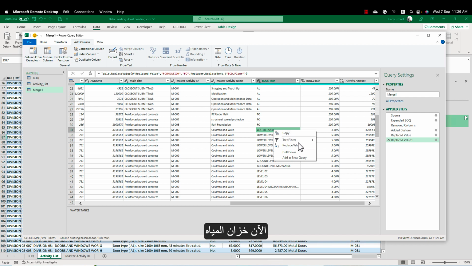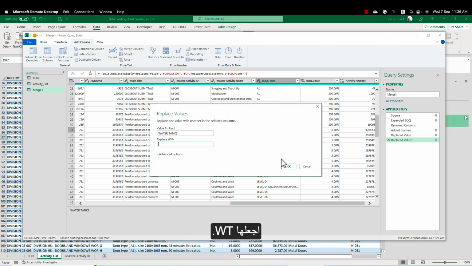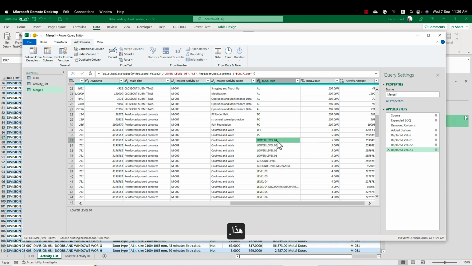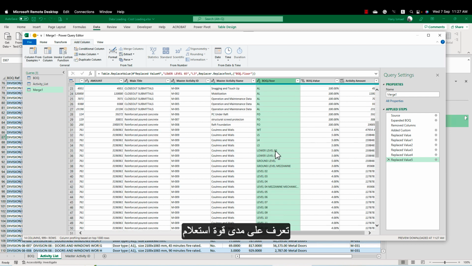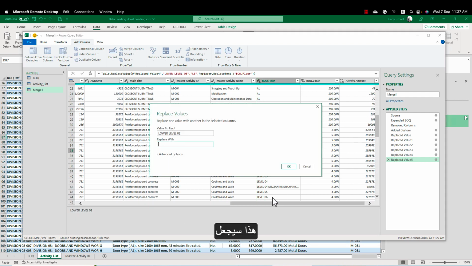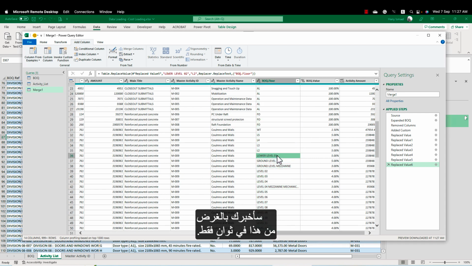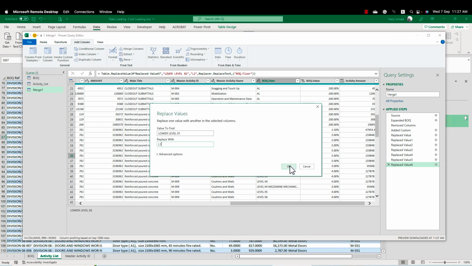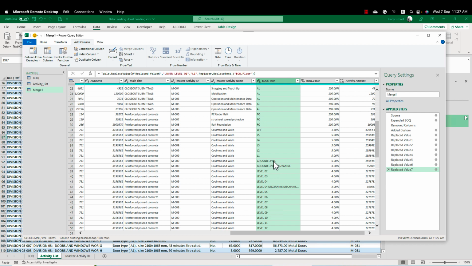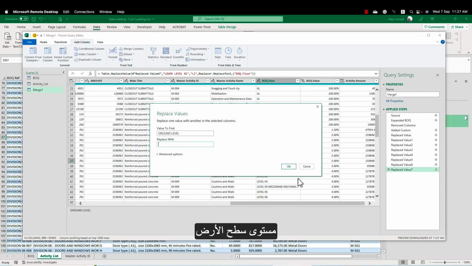Now the water tank, replace value, make it WT. This one I'll make L4. This one L3. See how powerful Power Query is. It will help you a lot. This will make L2. I'll tell you the purpose of this one in a second, just bear with me. So this one L1, ground level, make it GL,